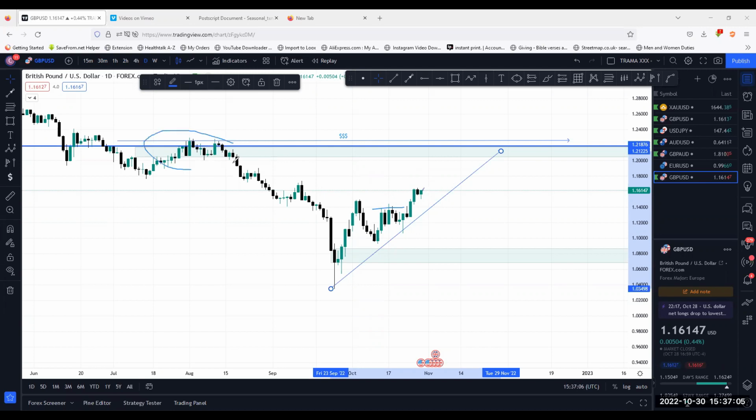Remember, there is a liquidity gap here also. We have liquidity here. We have price coming back to test this zone where we have a lot of orders. There have been a lot of orders waiting here. They have to come back to collect and then head back down again, probably. I'm not sure if they're going to head back down from there. But for now, what I'm convinced about is that the market may intend to go all the way and rally up.